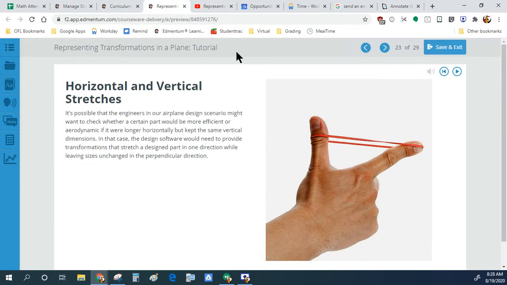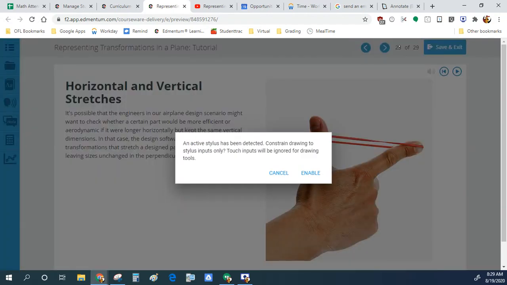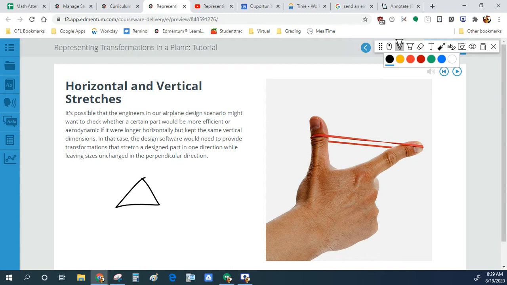Okay, so you can kind of get an idea of what a horizontal stretch is by the picture that you see right here with this rubber band. But the main idea between horizontal and vertical stretches, like I said, this usually is a topic covered in geometry. I think Edmentum just really wants to get into the details of it. So if we're doing a horizontal stretch, let's say we have this triangle and we wanted to do a horizontal stretch. What would happen is the height of the triangle would stay the same, but the horizontal part of it would